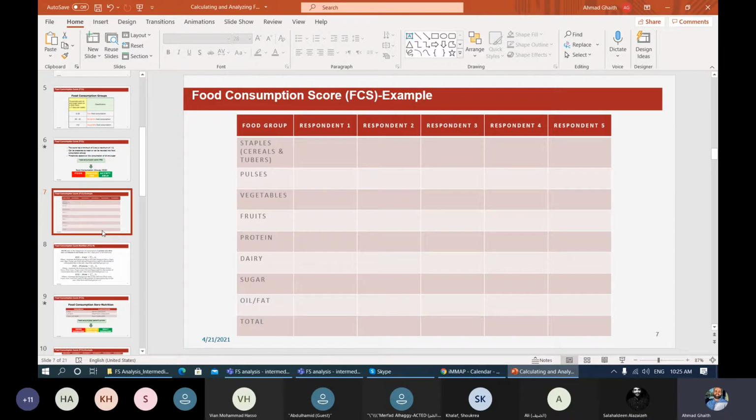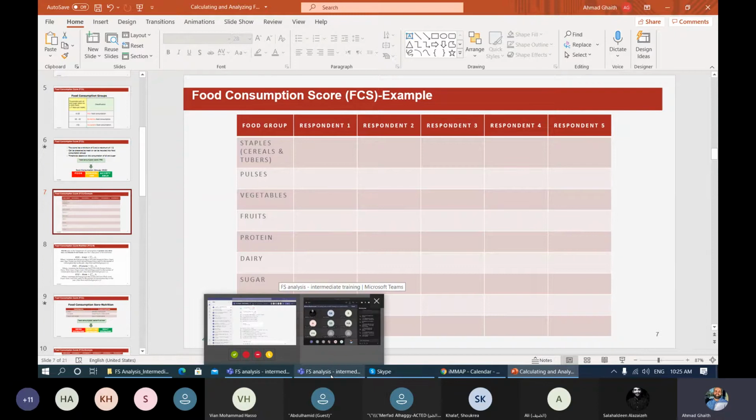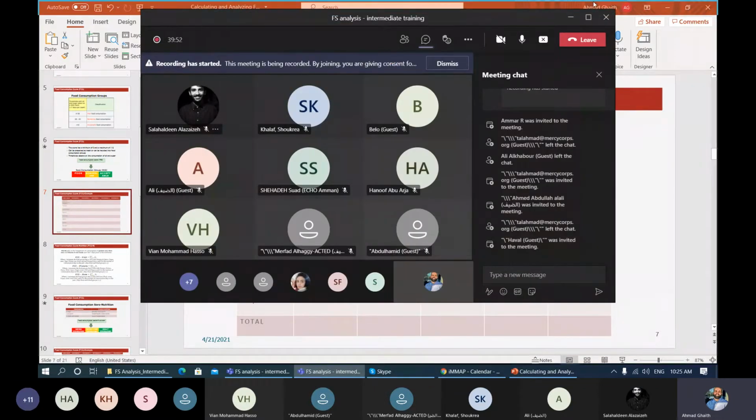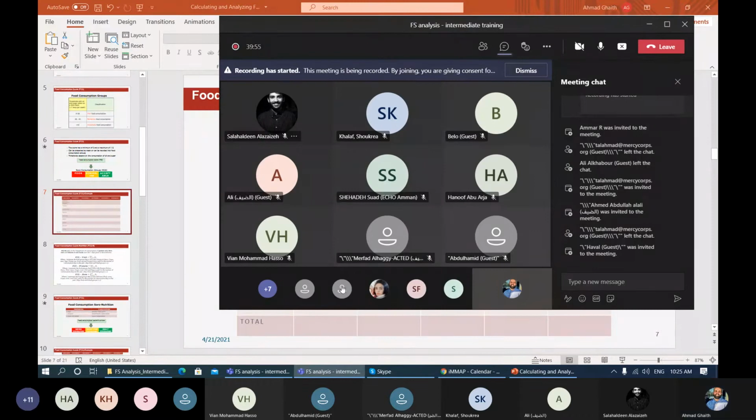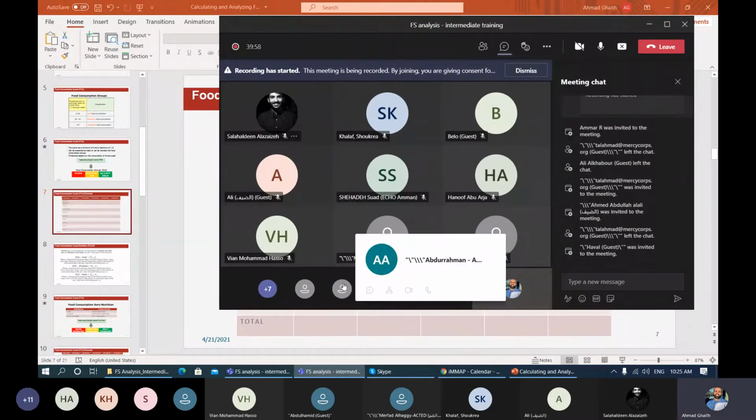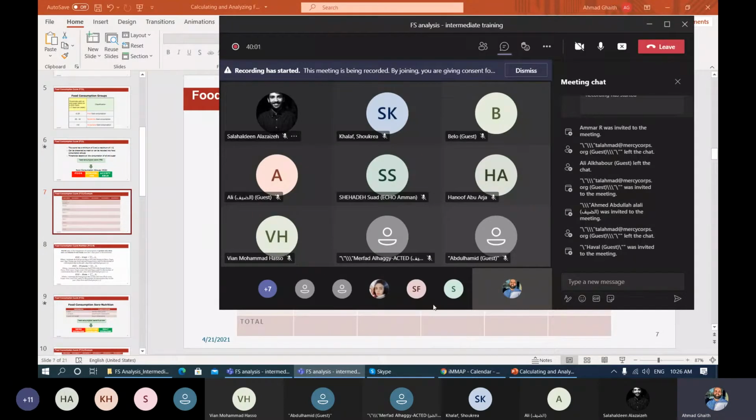And in order to do that, we're going to have folks respond to us and basically create your own food consumption score for the past week. You don't have to give your exact memory. We can give arbitrary numbers. But basically, I think we want to have 5 volunteers, if you want to raise your hands to volunteer. And we're going to give you the food consumption score module, so you can be our guinea pigs, and we'll go through how we calculate it, and you can get a sense of the math behind it.